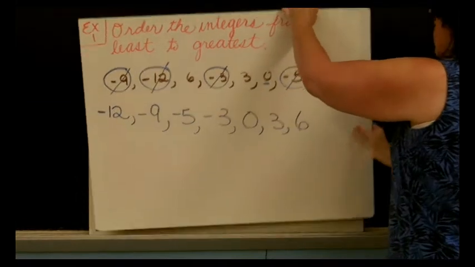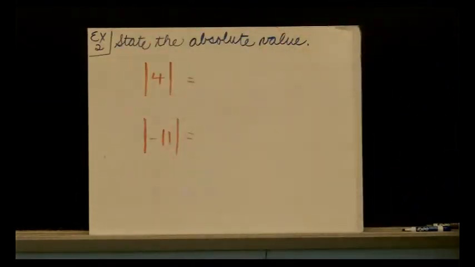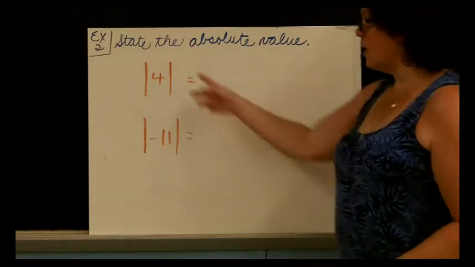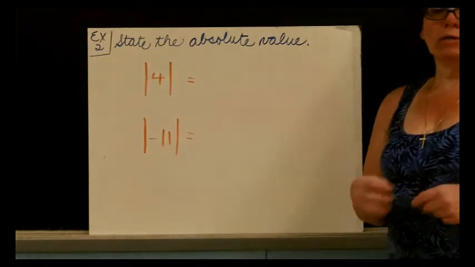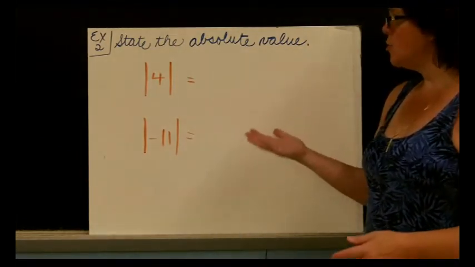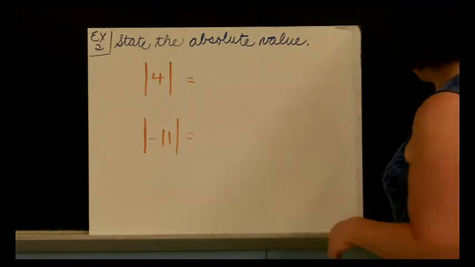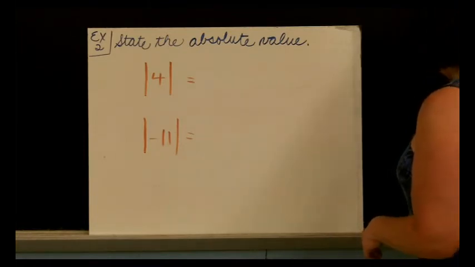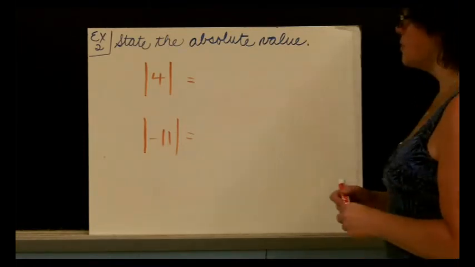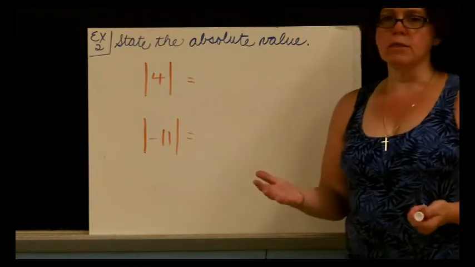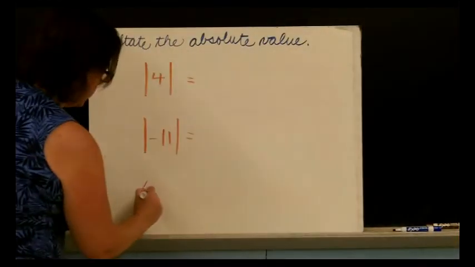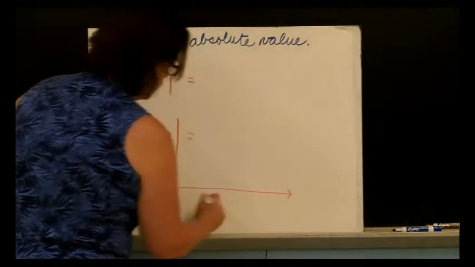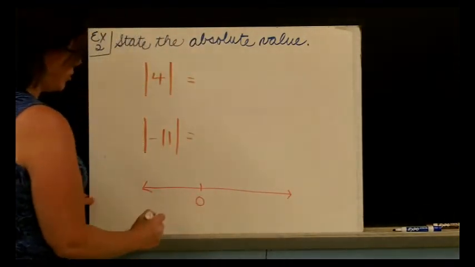Let's take a look at our second example. State the absolute value. These 2 lines are sort of like brackets. That means that the process that you're doing is absolute value. And as I said before, absolute value has to do with the number of spaces or the distance a number is from 0. So in other words, if we had a number line here, and here was our number 0,